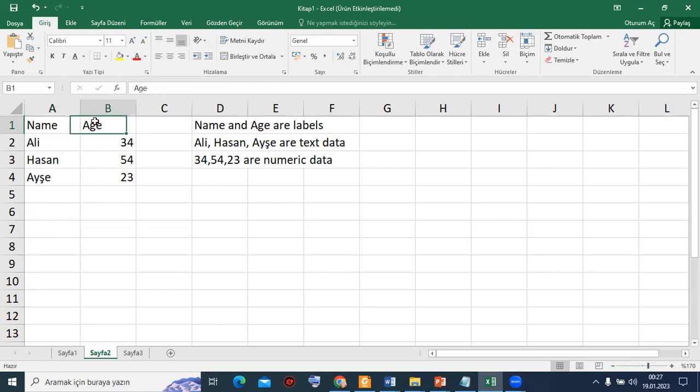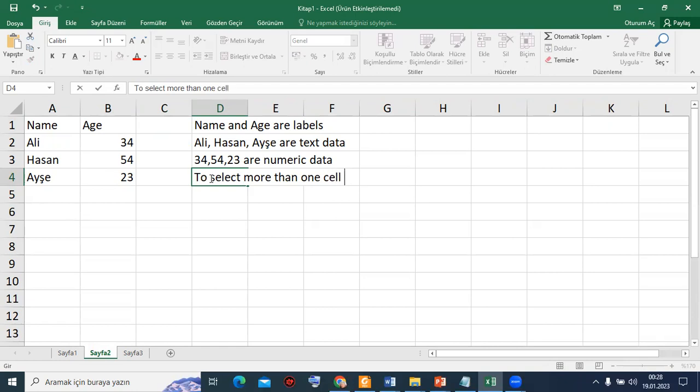You can either select one of them or you can select both of them. Let me show that one. To select more than one cell, you have to